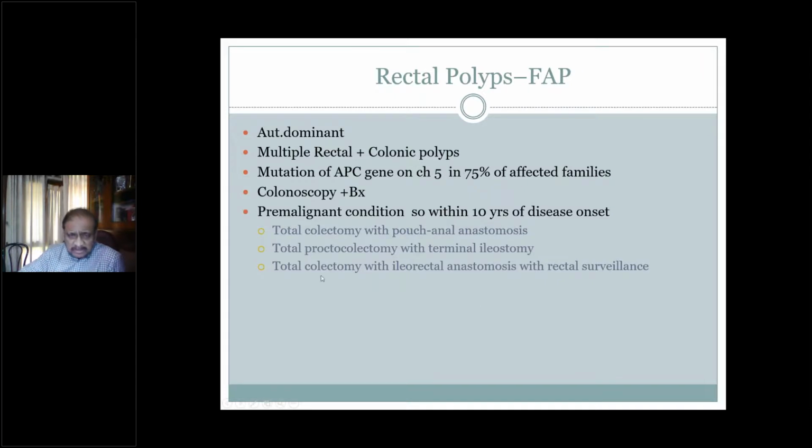Probably this is one of the better ones, because when we are seeing multiple polyps in FAP syndrome, what we believe is that the whole part of the colon could be involved, right? So when you're doing, even at that time, suppose you've done a person,